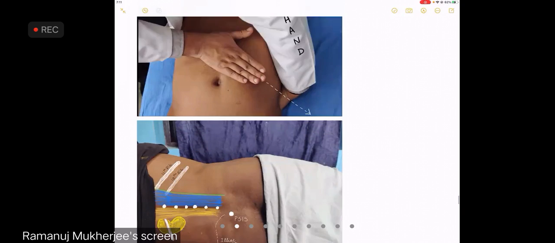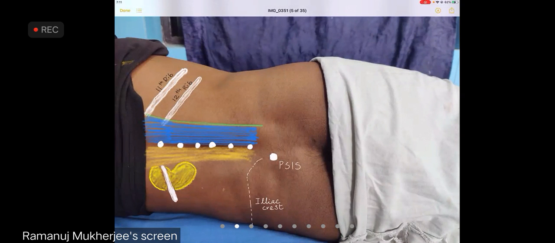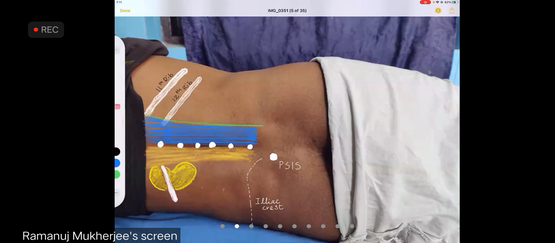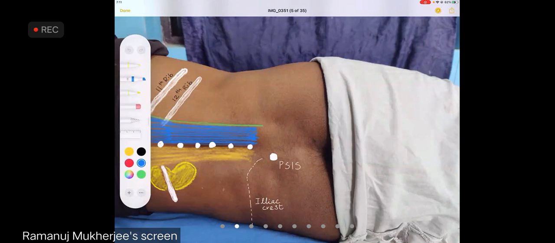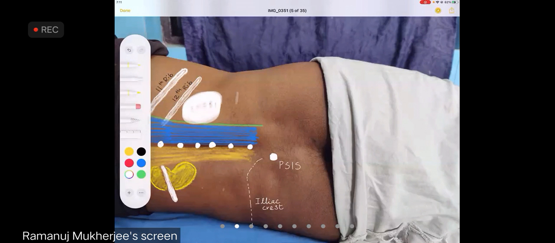Remember that to palpate the kidney, an important thing to understand, the kidneys will lie in the area or the angle that I have, the area that I have shaded down here is in this area. This area that you see in front of your screens now is called as the renal angle.